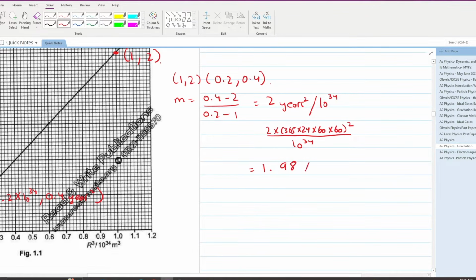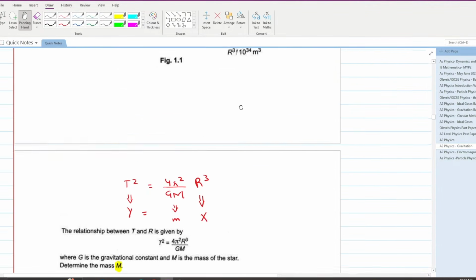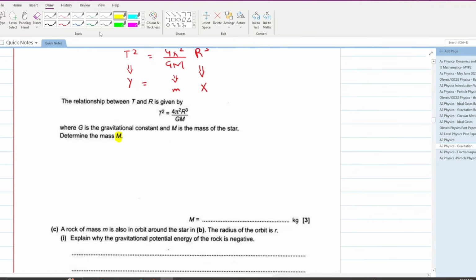1.98 into 10 raised to the power minus 19. This is the actual gradient that we will be using. कन्वर्जन किस तरह की है बेटा? सिर्फ एयर स्क्वायर था तो एयर को सेकंड्स में कन्वर्ट किया, उसको स्क्वायर कर दिया. 10 raised to the power 34 था, डिवीजन में बस डिवाइड कर दिया. This is your gradient. Now let's equate this cool gradient to this value